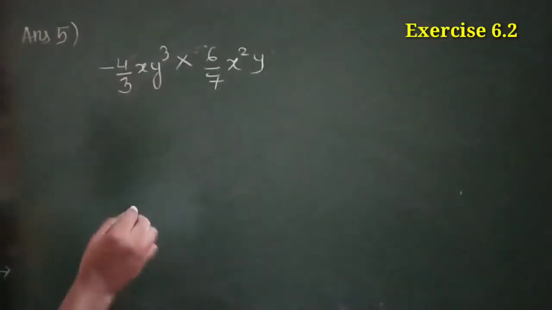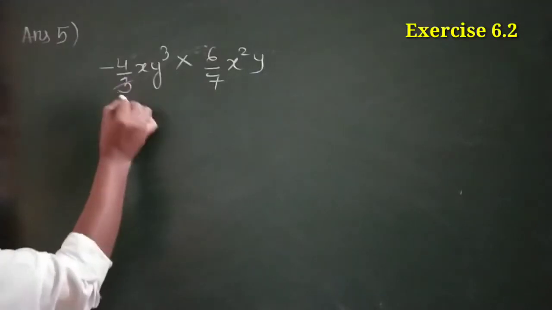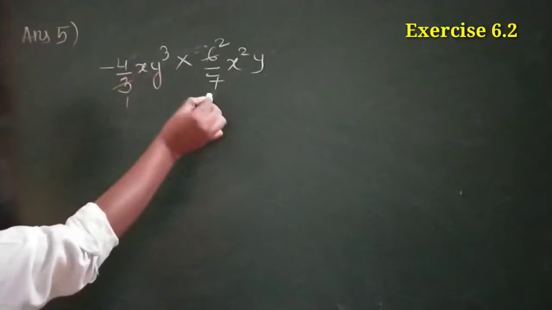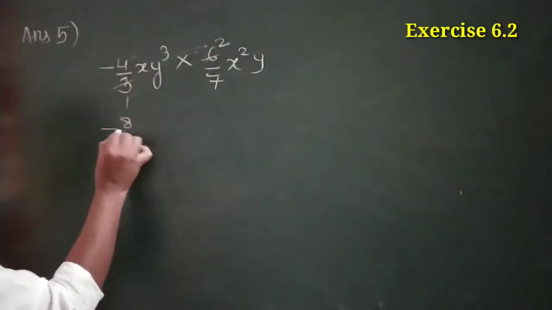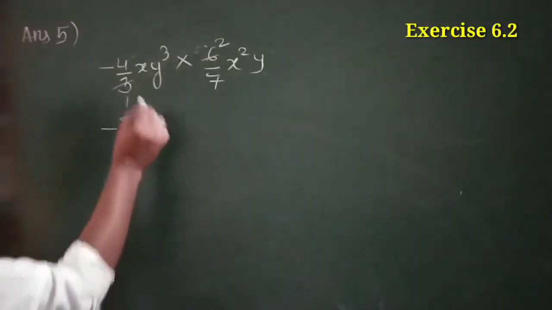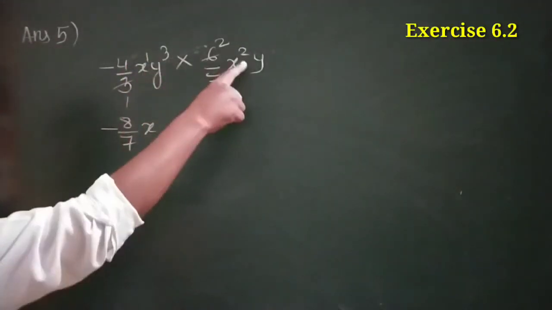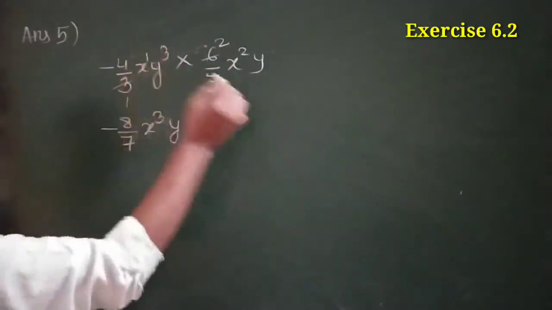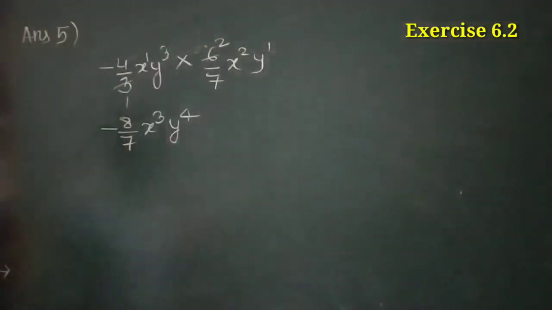Okay, see it. Number will get multiplied with number. 3 1s are 3, 3 2s are 6. Now these things will not be cancelled, means minus 4 into 2, 8 upon 7. See x, here is 1, same thing, means 2 plus 1, x cube, same way y, 3 here, 1 here, 3 plus 1, 4. This is our needed product.